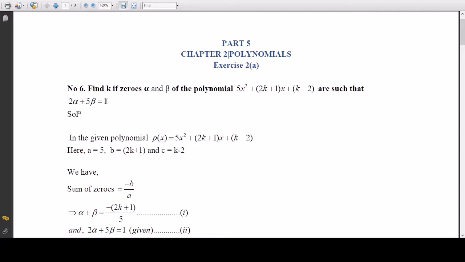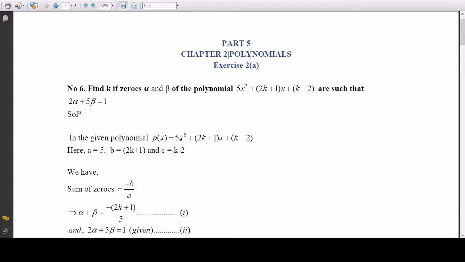Now, if the zeros of the polynomial are such that twice alpha plus 5 beta is equal to 1, what are alpha and beta? Alpha and beta are the zeros of the polynomial. Okay, now if twice alpha plus 5 beta equals 1, we have to find the value of k from the given polynomial. Solution for this: